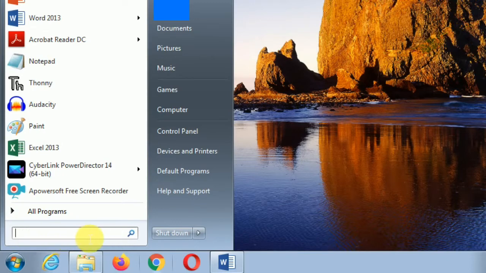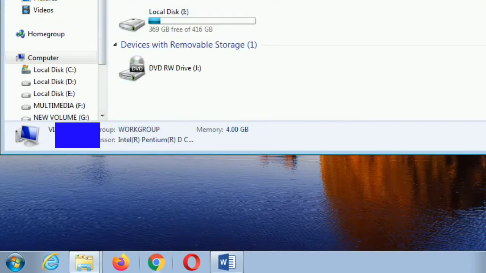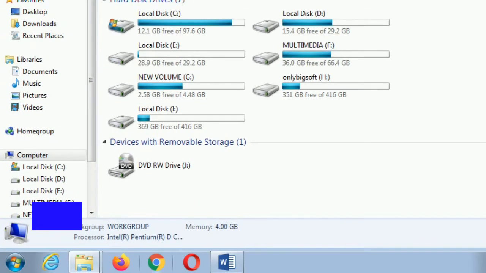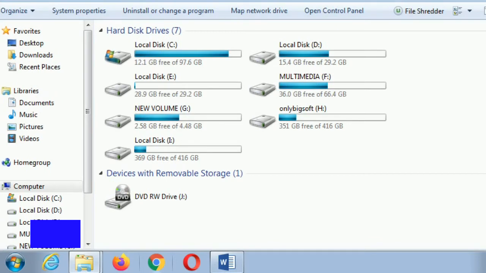The second thing, if you go to your PDF file, you'll find there is Computer, and when you click, you'll be inside the computer. Here it is. Everything is going to be shown on the screen.